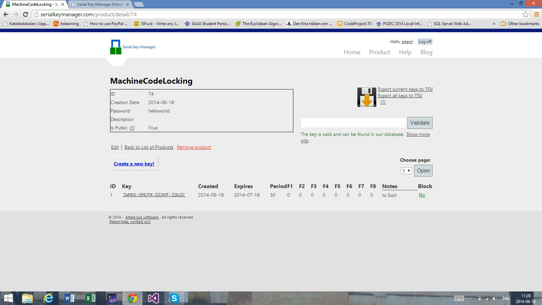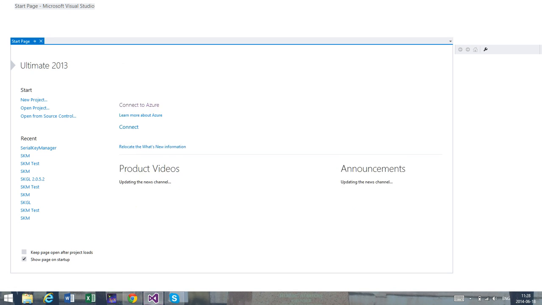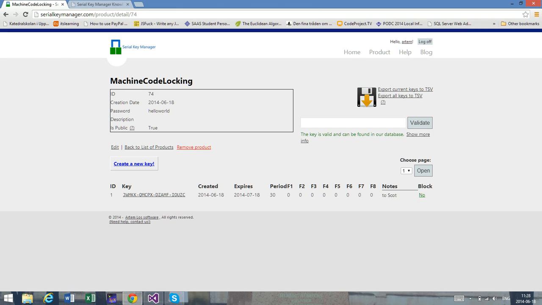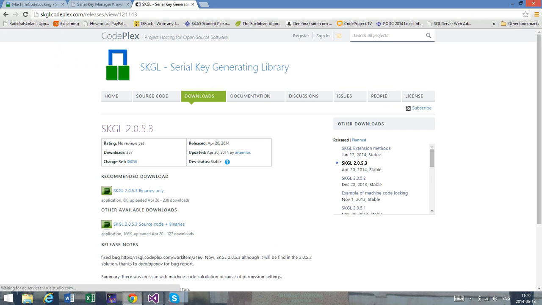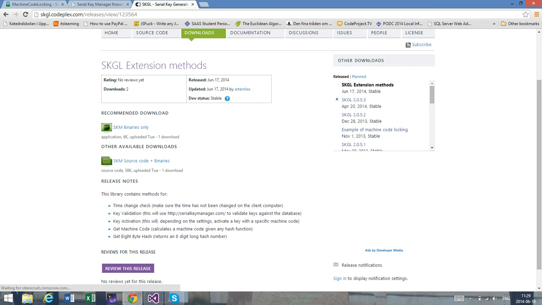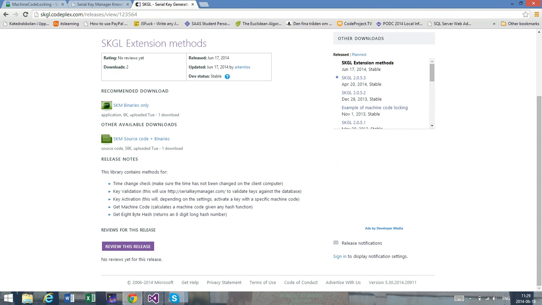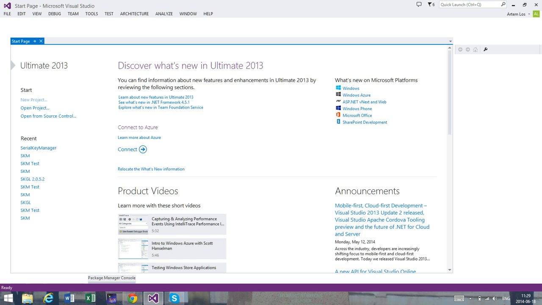Now, in order to see how this activation works, we'll have to open our project, and we can do that in Visual Studio or any other project, because automatic activation isn't really locked to a specific platform or a specific operating system. But there is an already existing library that you can find at the link that I've provided below this video. You can just go to SKGL, go to Downloads and press SKGL Extension Methods. You'll see the SKGL binaries only. That's what you should download, and when you do that, you will be able to include it into your project